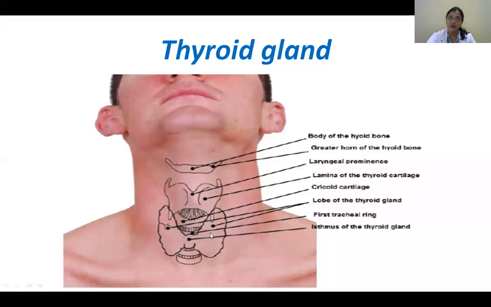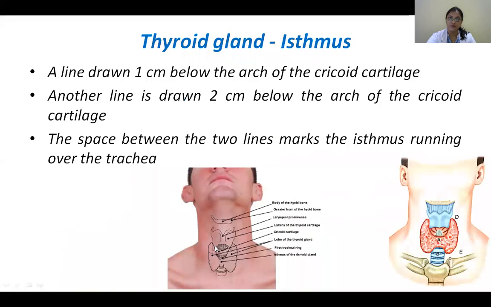So now let us see how we are going to mark them. First thing is the thyroid gland, two structures. One is the isthmus and the other is the lateral lobes. So you can see this is the isthmus. The isthmus has an upper border here. This is the lower border. Okay, and this is the lateral lobe. So you must know where this upper border is and where this lower border is.